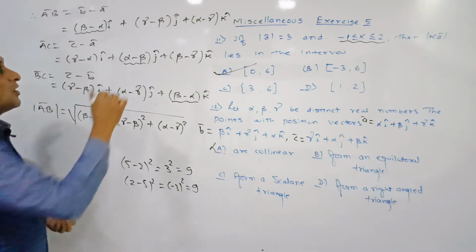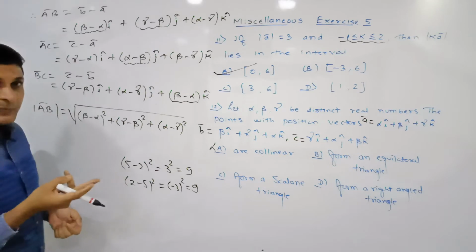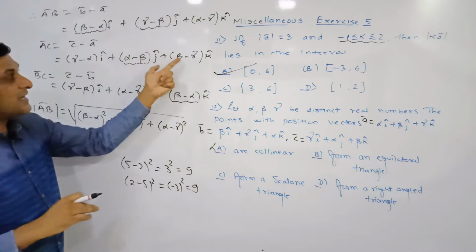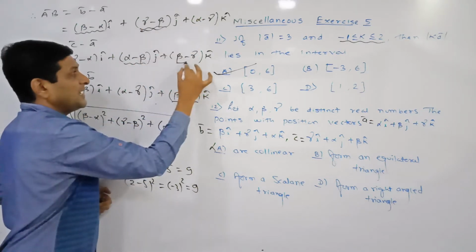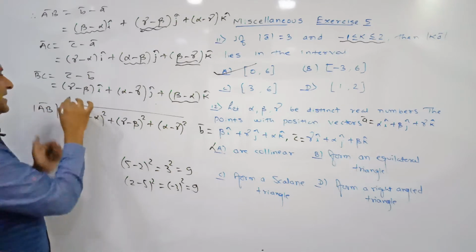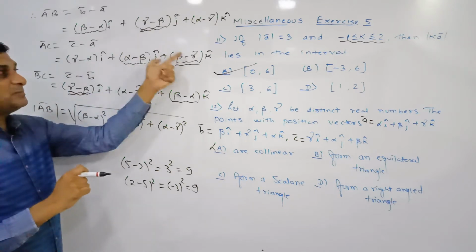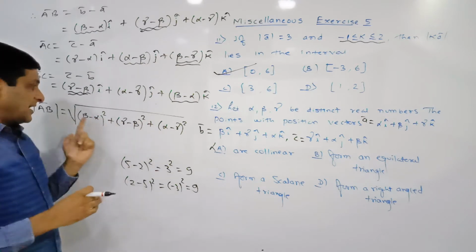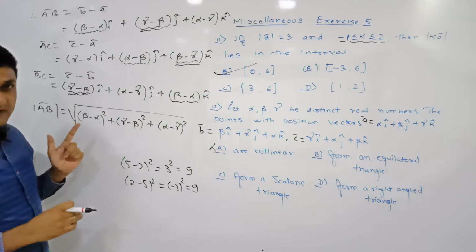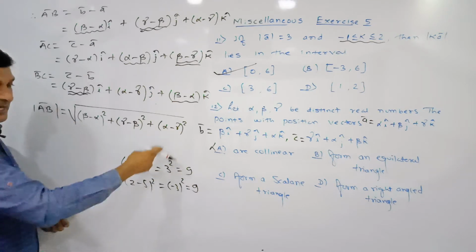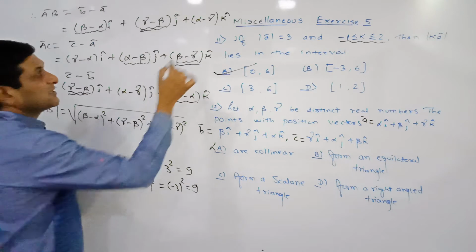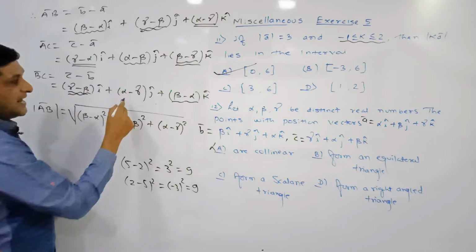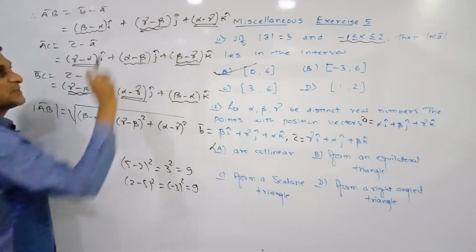Getting it? Now observe gamma minus beta. Gamma minus beta or beta minus gamma, their squares are equal. So beta minus gamma appears here and gamma minus beta appears here. The squares of these three numbers are also equal. While finding magnitude we are taking squares. So either alpha minus beta is there or beta minus alpha is there, their squares are equal, as we have just seen. Again, which is the third term? Alpha minus gamma. Again here gamma minus alpha is there and here alpha minus gamma. The squares of these three numbers are equal.